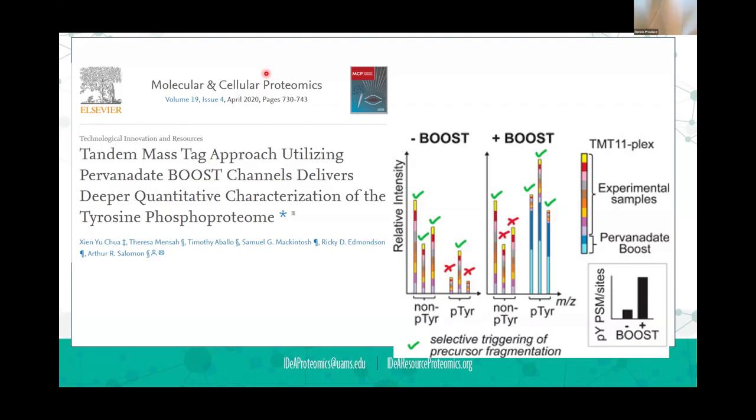And it's shown here in this MCP paper. Sam McIntosh and I helped them develop the method, and they were nice enough to include us on the paper. But it is a nice way of enriching for phosphotyrosine. We keep saying this may be something that we add, and at some point we likely will, to grow up the super binder in our lab and use it as a way to enrich phosphotyrosine just because of cost. Because it's so much more cost effective.